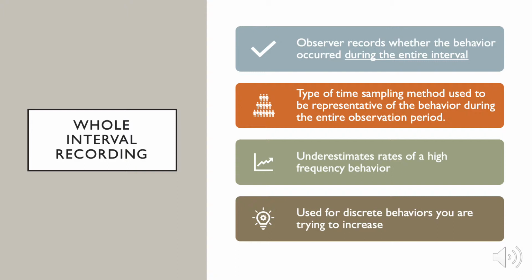So in other words, let's say that the behavior was nail biting. If the subject that you're observing bites their nails for 1 second in a 5-second interval, you would indicate that there was an occurrence of that behavior. However, if you were taking whole interval data, and again the subject bites their nail for 1 second in a 5-second interval, you would not record that as an occurrence because it did not happen during the entire